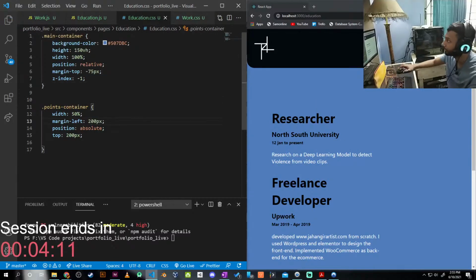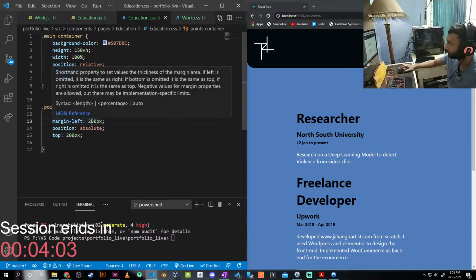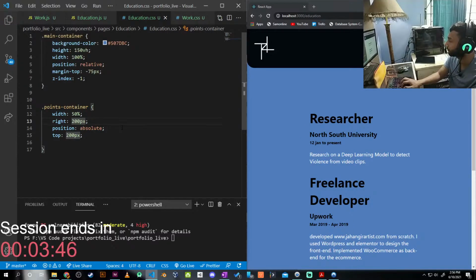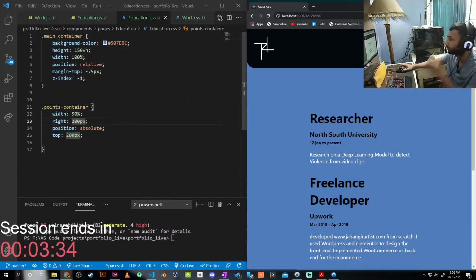So change it to 200. Now, it will not be exactly from the left, rather from the right. Pixels from the right. Right, 200 pixels, top absolute. What else? The width is changing according to the